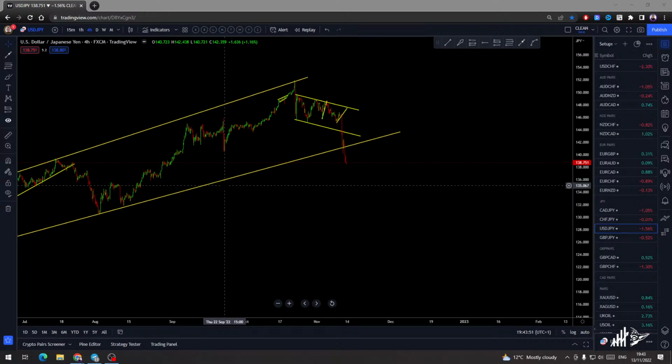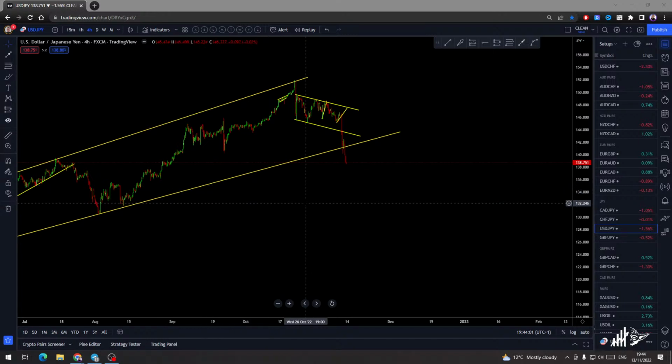What about if it's correct in 15 minutes but not in the 4 hour? If it corrects only on 15 minutes, then it will not last longer. Okay, because correction on lower time frame, this will not go lower. You can take a sell if this is the 15-minute correction. It will not go lower. It will not go strong. Okay, because 15-minute corrections are not as strong as those on 4 hour.